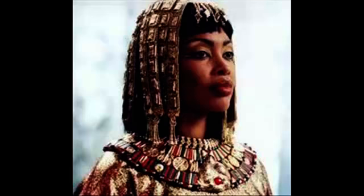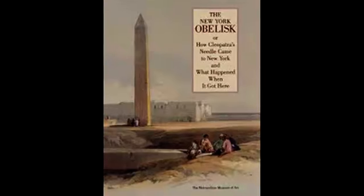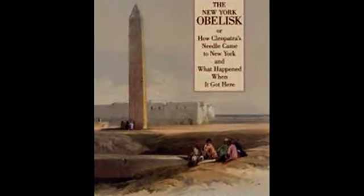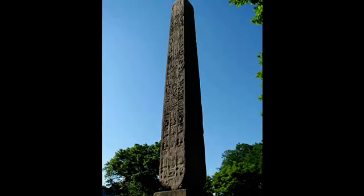How Cleopatra Obelisk got to Central Park. The 70 feet tall, 220-ton obelisk is the city's oldest artifact, but many New Yorkers don't know it exists. Cleopatra Obelisk is an